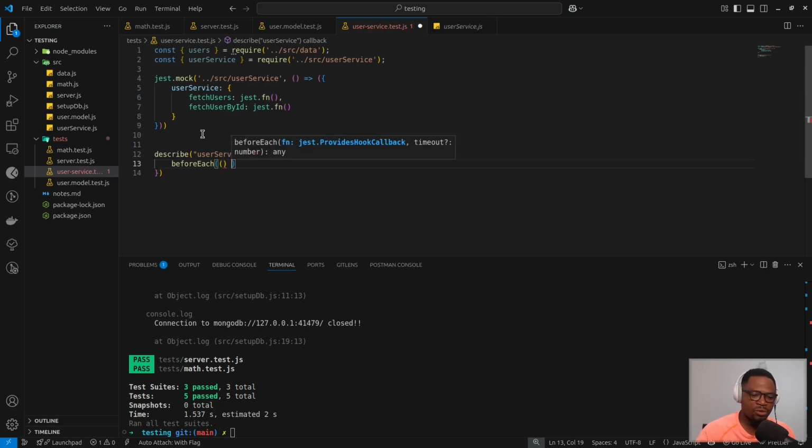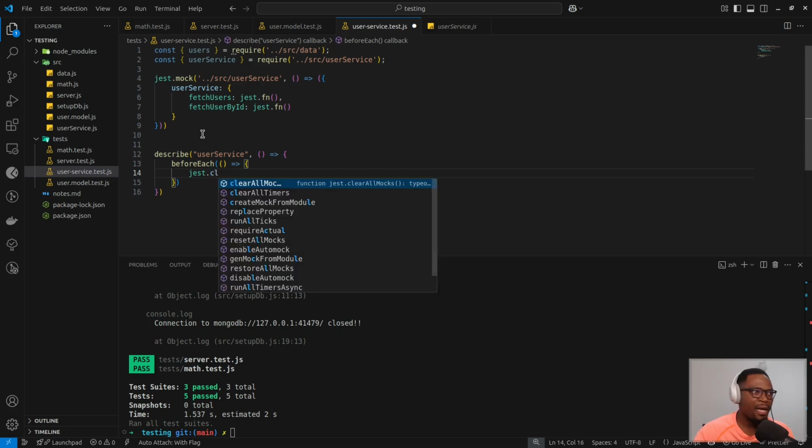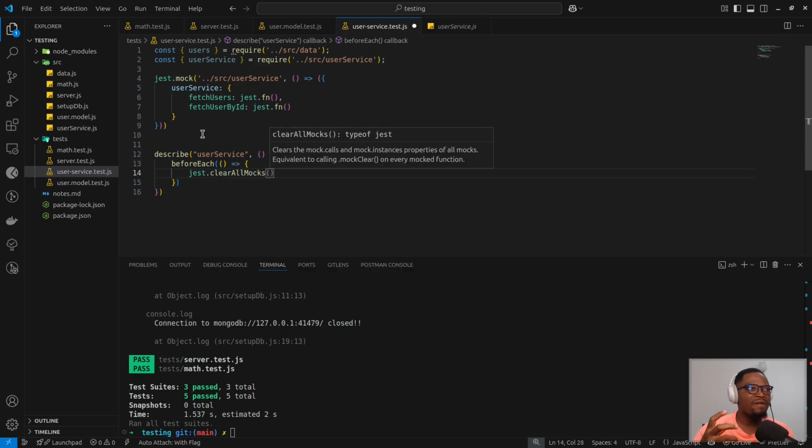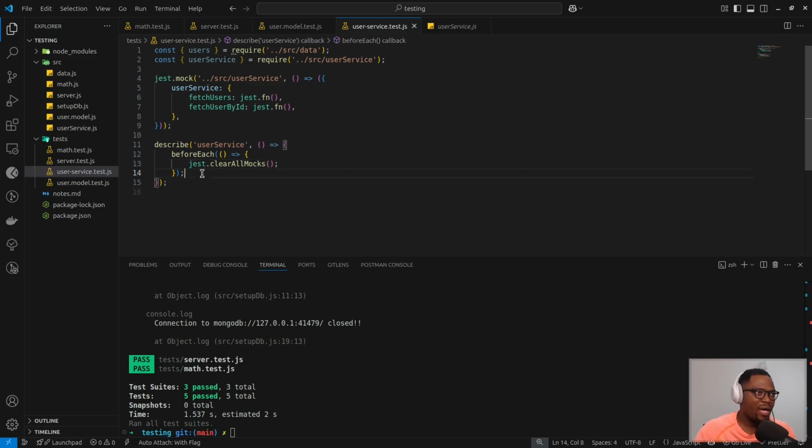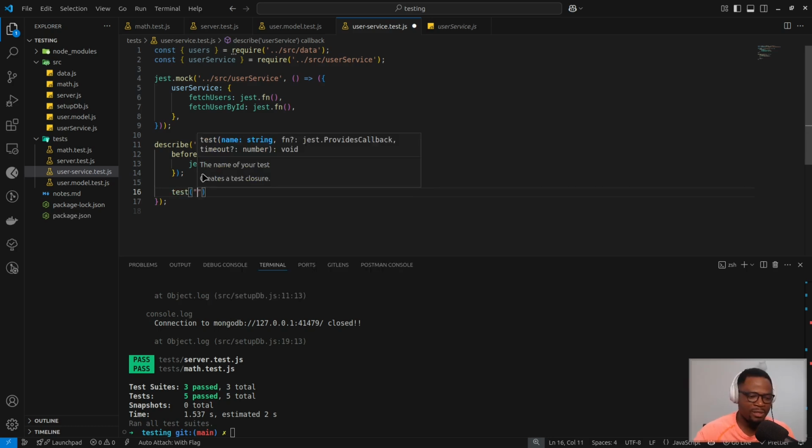So what that should receive is that we want to do a yes, clear all mocks. So before we run every test, we want to clean our mock, which we have at the top there. And then once we do that, we then describe our test cases, and we say fetch. Now we want to do a fetch, right? Fetch users should